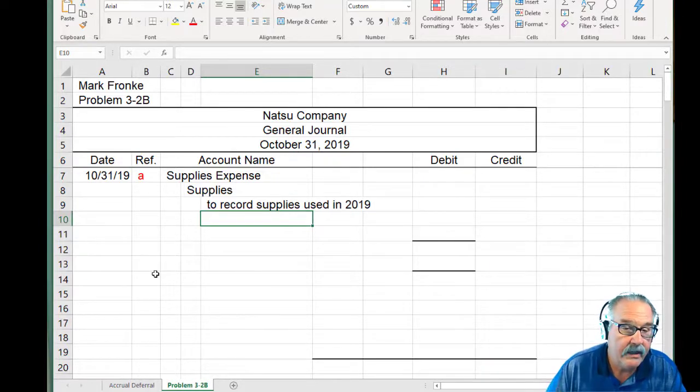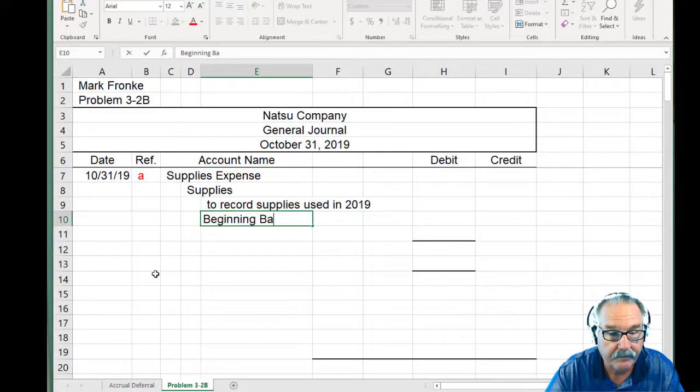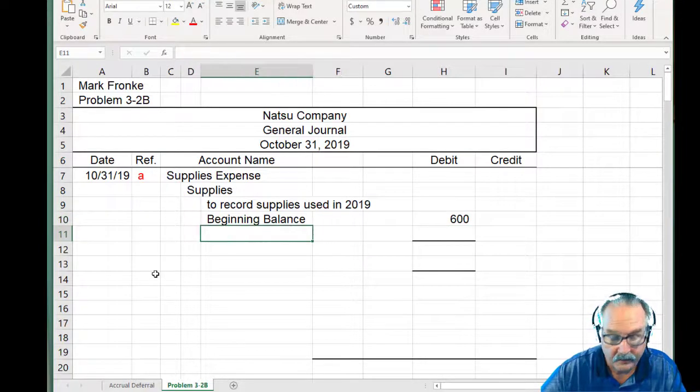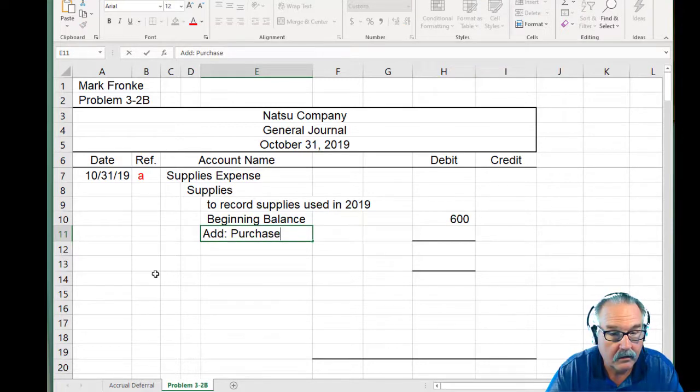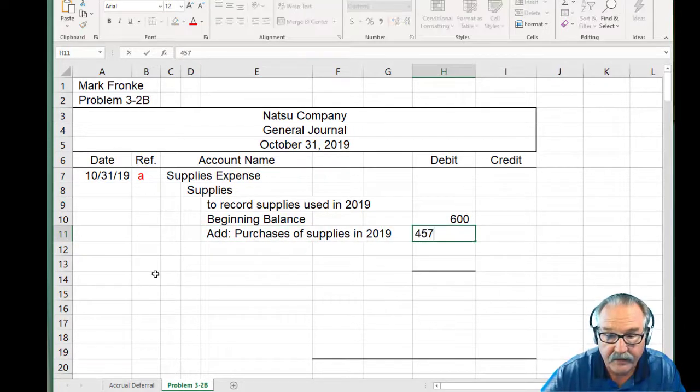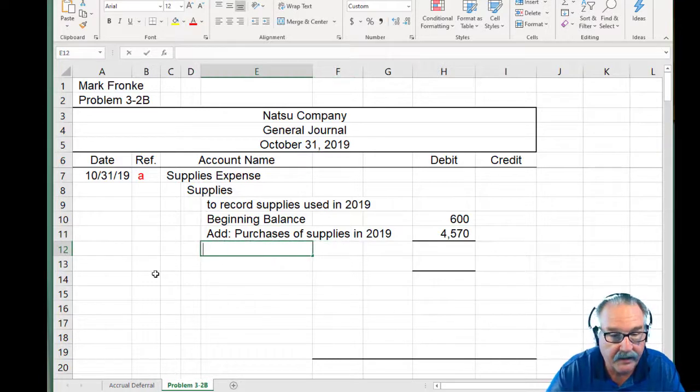Every journal entry needs to have some sort of a description. And in this case, we have to prepare a schedule, so we can do it right in the journal. This is the best place to put it. It's a permanent record of what we've done. So I'm going to start with the beginning balance in the supplies account, $600. We purchased during the year $45.70, which means we have supplies available